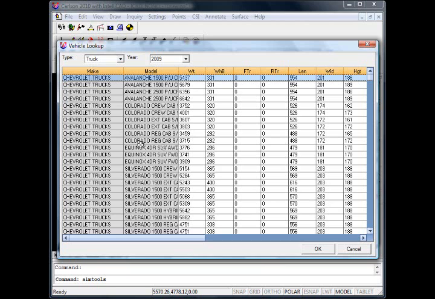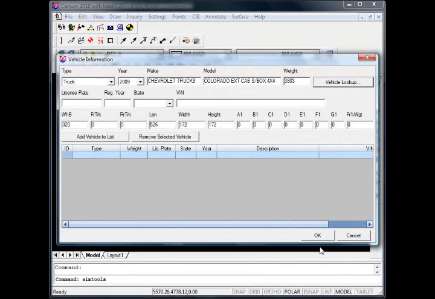So let's choose a Chevy Colorado. Here we enter the license plate numbers, registration year, state of registration, and a VIN number. Once we've entered that in, we can add the vehicle to our list,